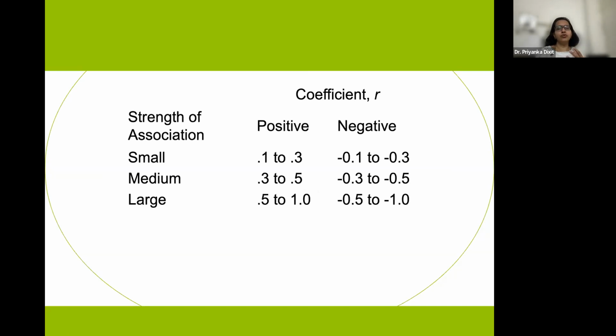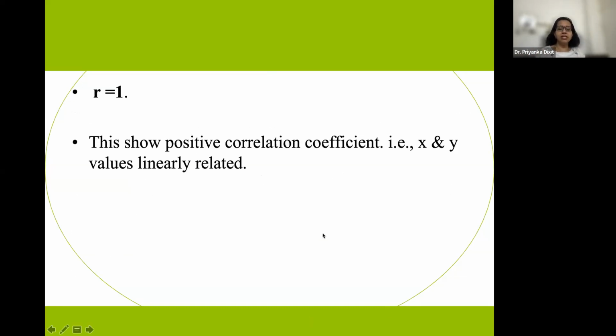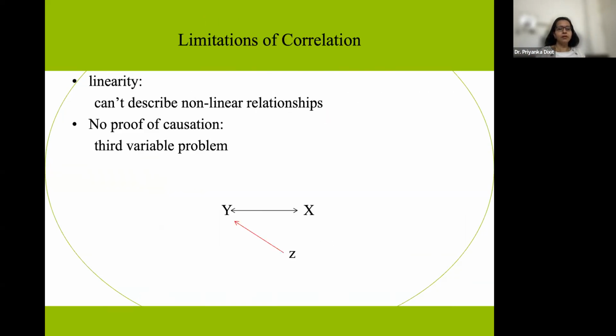So with the help of correlation, we can identify whether the two continuous variables are significantly associated or not associated. If associated, what is the direction of the relationship and how strong or how weak they are related. All these things we are in a position to answer with the help of correlation. Is it okay? So I'm just quickly summarizing.